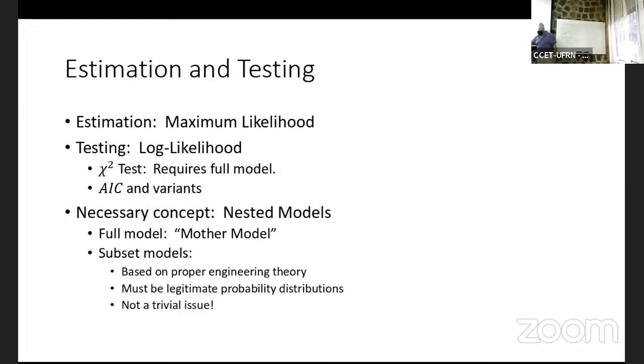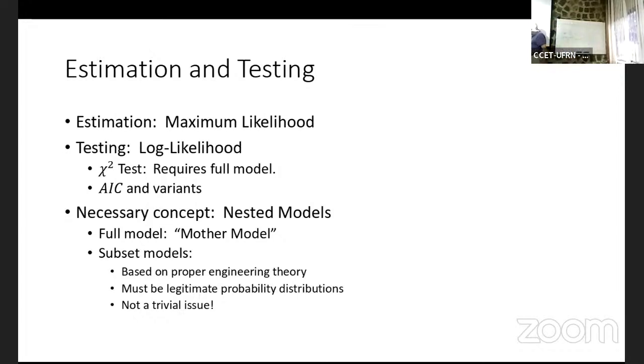One of the things we don't talk about enough in mathematical statistics is that we really have to have nested models for comparison. So if we're going to compare, we've got to have a mother model, which is the full model. Whenever I talk about the mother, there's the full model there. And that's going to be the best we can possibly do in terms of log likelihood. We cannot get better than that mother model. Ideally, it's saturated. In the examples that I'll be using in these lectures today and next time, it's a saturated model. Okay? But we're comparing against that.